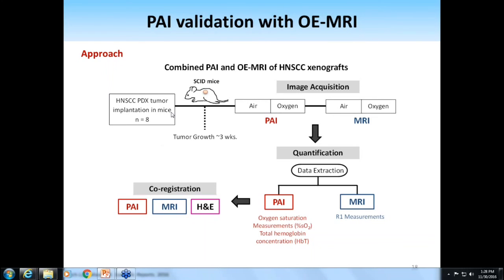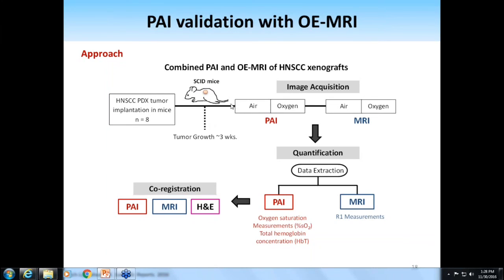And what we did in this study, we actually used tumors that we got from the clinic. So we actually get head and neck cancer patient samples. Again, we put these samples into immunocompromised mice, and then we passage the tumor in mice. So we allow the tumor to grow in the mouse, and then after 2 to 3 passages, we use them for studies. So these tumors were implanted onto the flanks of SCID mice, and again, we let the tumors grow